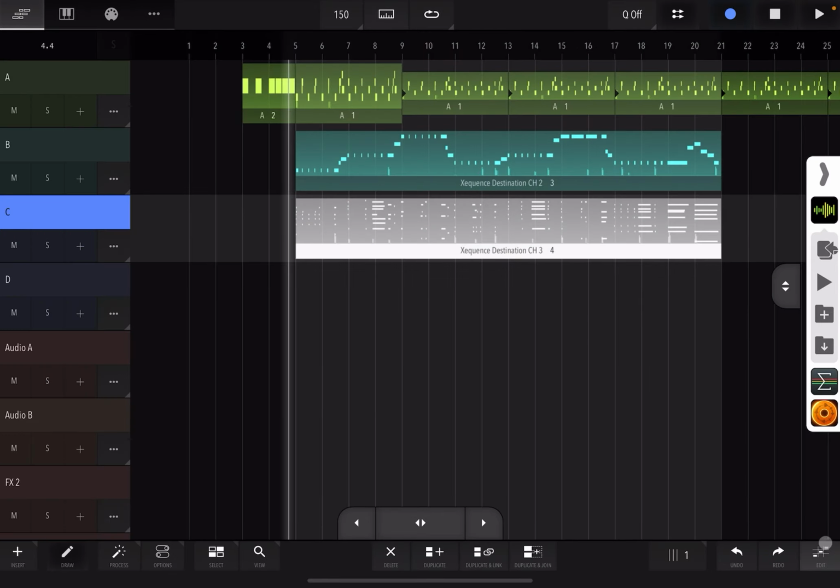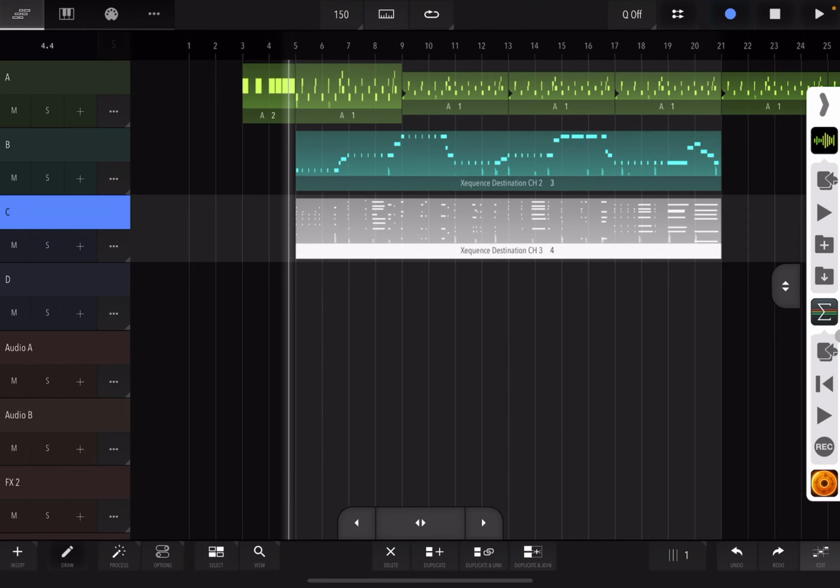Okay, the good thing with MIDI is you can cheat every time. So now you are going to tell me how you are going to add lyrics on this. Easy. So